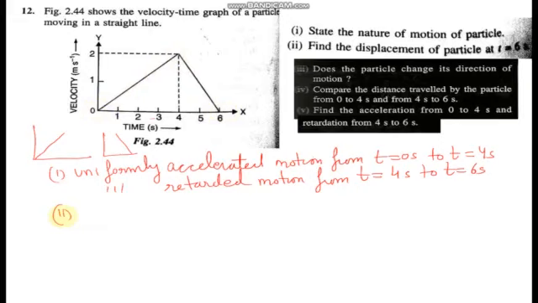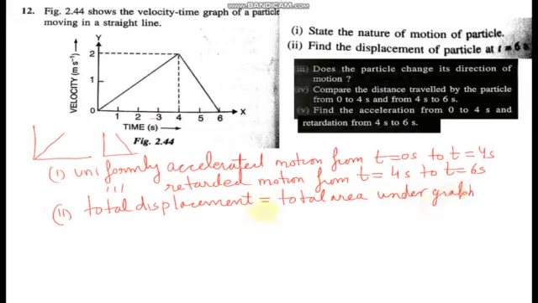Next it is written, find the displacement of the particle at t is equal to 6. मीन्स 0 से लेके 6 तक टोटल डिस्प्लेसमेंट कितनी है? Now we know that total displacement, the whole graph is above x axis, so total displacement positive होगी. It is the total area under the graph. ये एक ट्राइंगल है जिसका बेस भी पता है, हाइट भी पता है. So total area will be half into base. What is base? That is 6. And what is height? Height is 2. So total displacement is 6 meter.